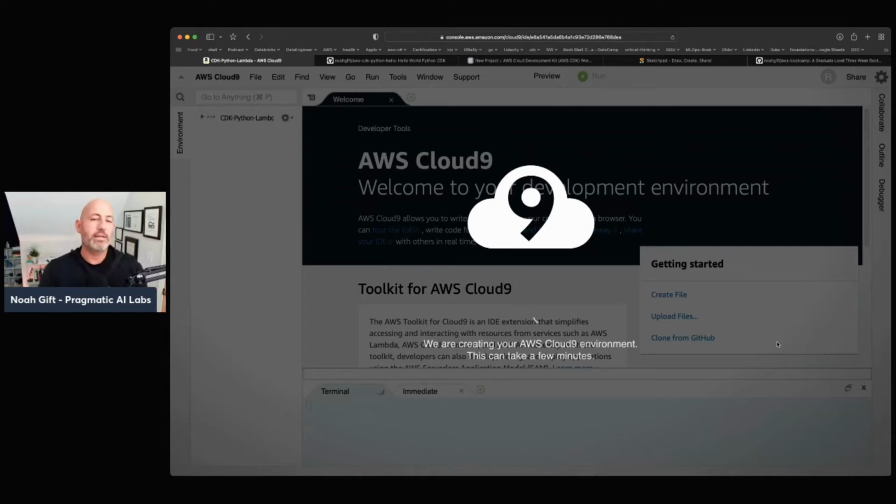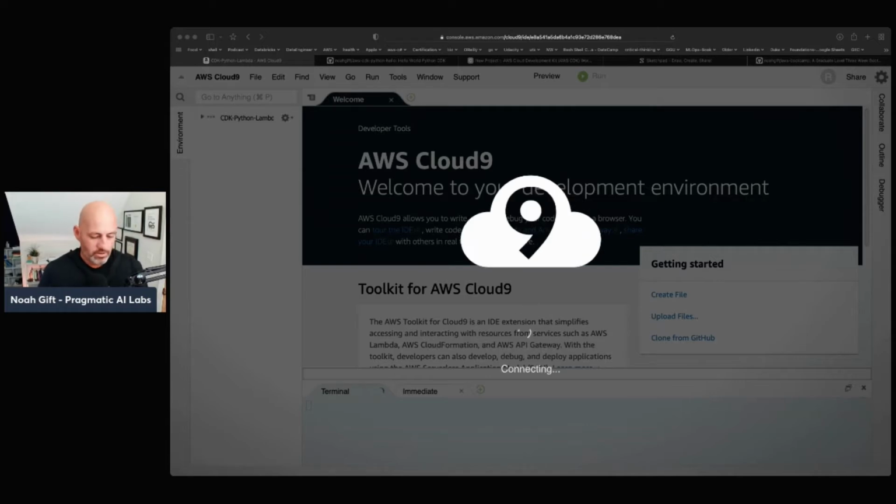So behind the scenes, what's happening is it's launching a virtual machine in the AWS environment, and it's tapping inside of it and putting this whole development environment inside of the virtual machine. So what's really awesome about it is that everything you would need to do to develop on the AWS platform is pretty much done for you. And so you don't have to worry about building out anything tricky, because for the most part, it's been done for you. So let's give this thing just a second here to open up. And there we go.